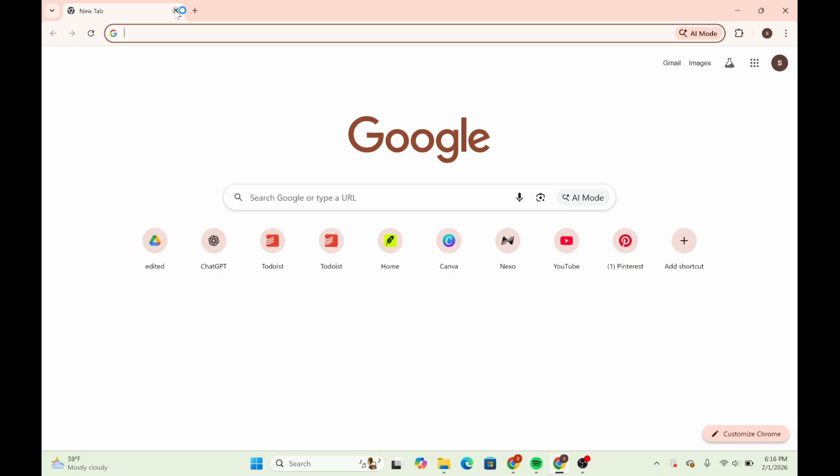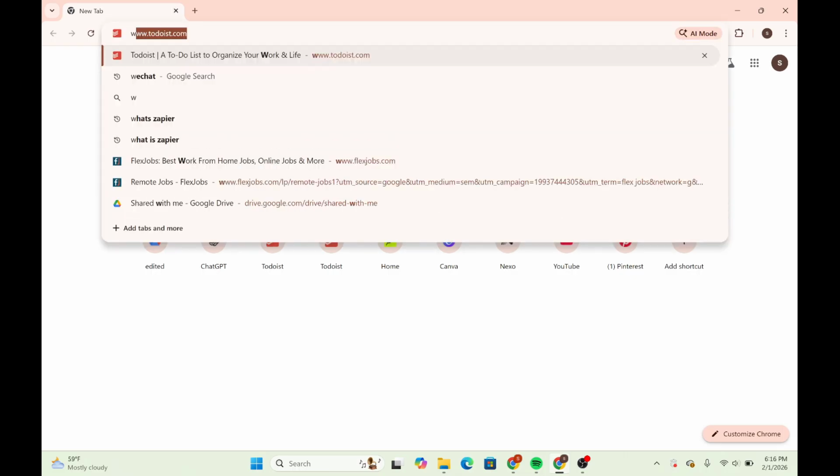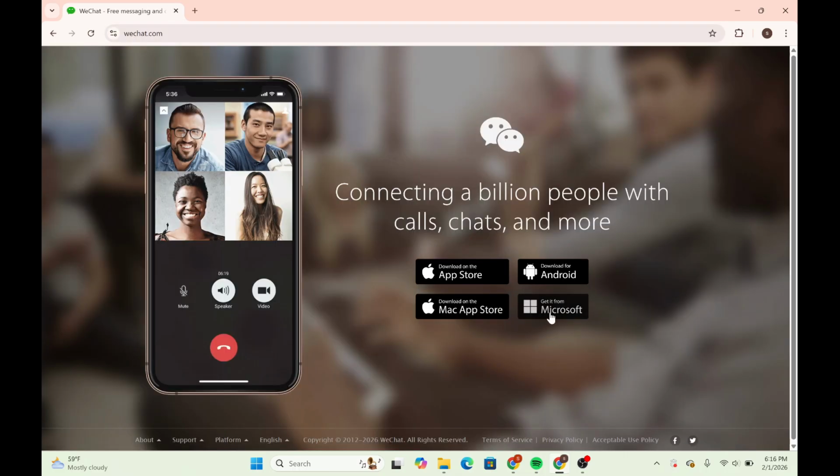You must have WeChat installed on your phone. Your phone is required for login, and chats are synced automatically. First, you can use any of your browsers, Google Chrome, Microsoft Edge or Safari, and after that, in the top there's an address bar. Type wechat.com and press enter, and over here you can select to download for Microsoft